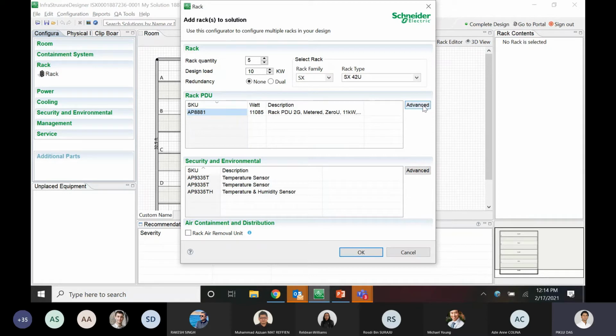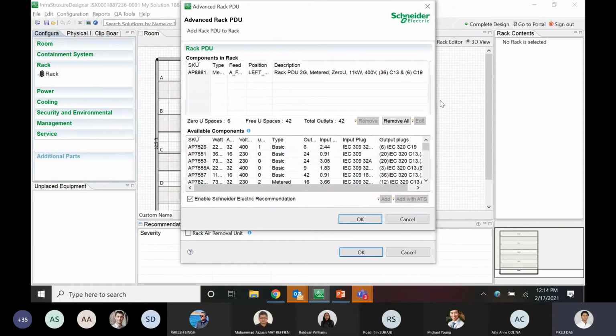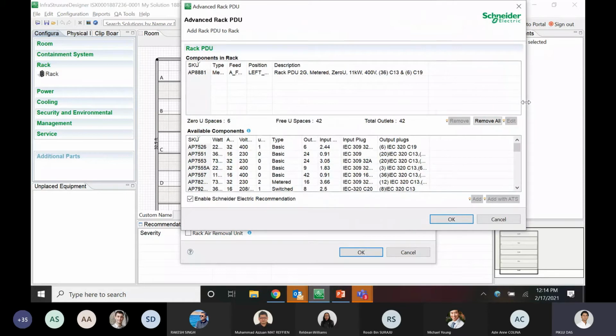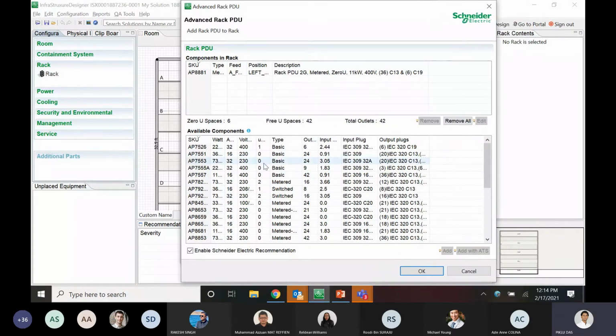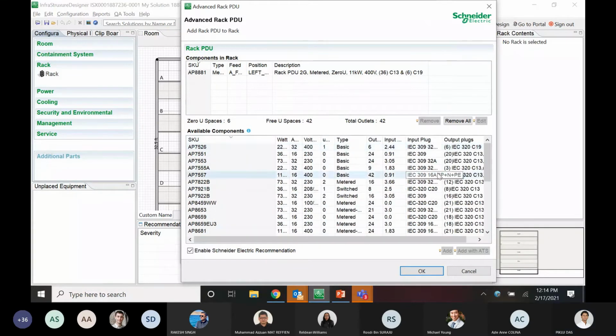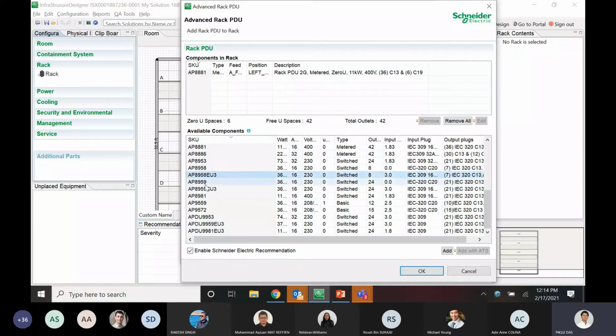Now, if you are not satisfied with this particular rack system or RPD system, or you already have something in mind, or there is a requirement from the customer that this is the RPD they would like to go with, you can click on the advanced button and it will take you to the RPD catalog page, where you will find all the RPDs that are compatible with the particular rack and in your particular country region, right? So you can see all the RPDs listed here. We can also see the new Phoenix offer, which got recently released, in our RPD catalog page.